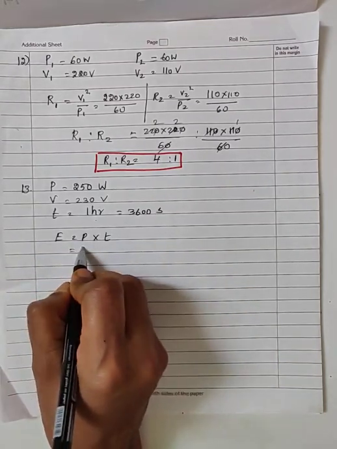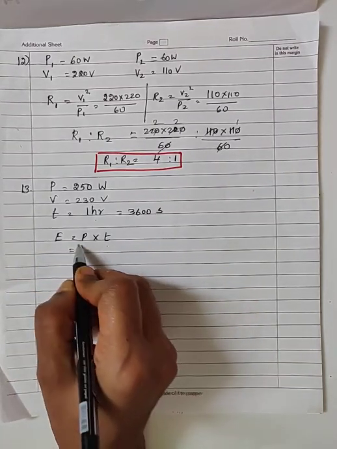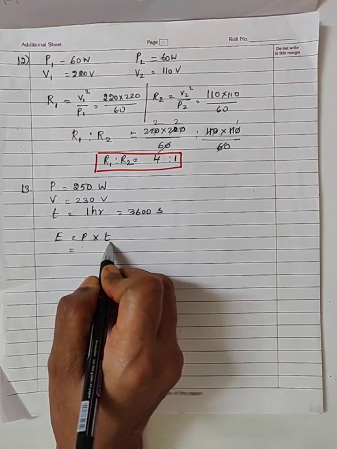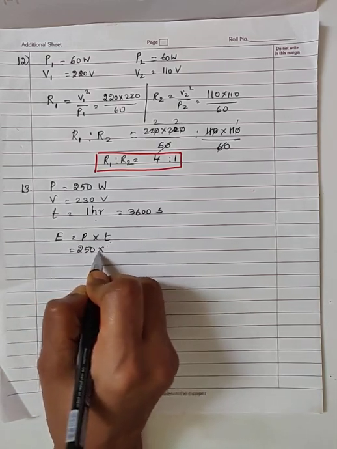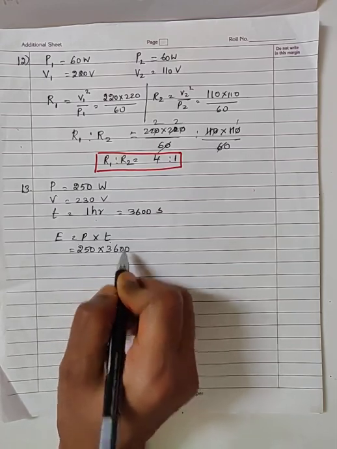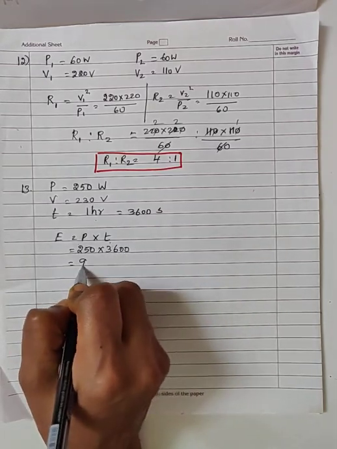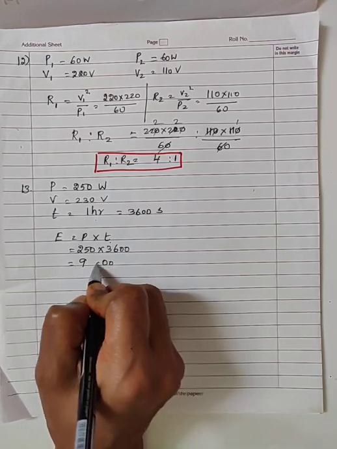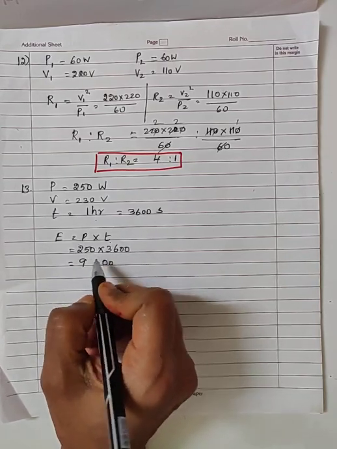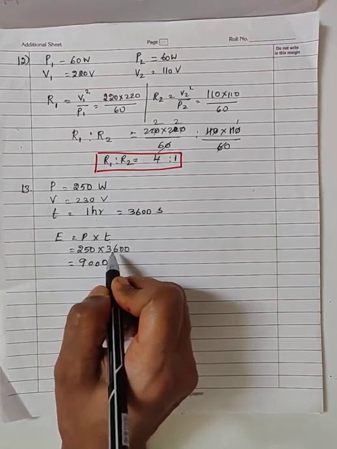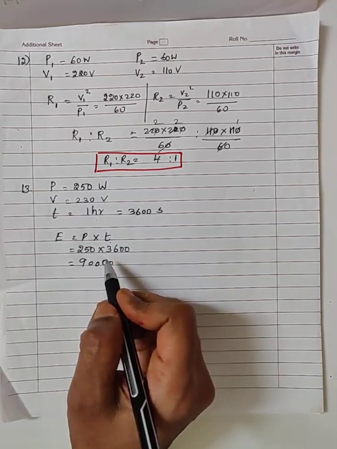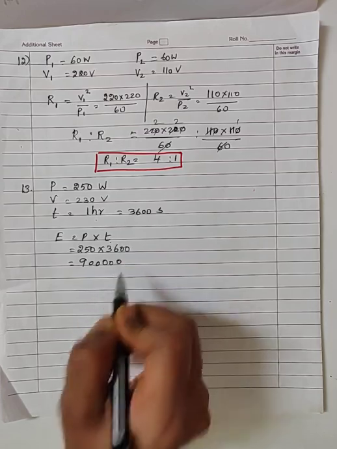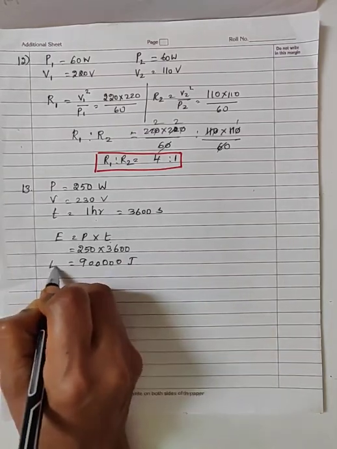I substitute power in watt and time in second. That is, I am substituting both the quantities in their SI unit. Energy is equal to power into time. Power is 250 watt and time is 3600 second, which is equal to 250 times 3600. 3 zeros and 6 25s are 150, remaining 15. 3 2s are 6 and 5 are 75... 75 plus 15 is equal to 90. Yes, joule. Energy is equal to 900000 joule.